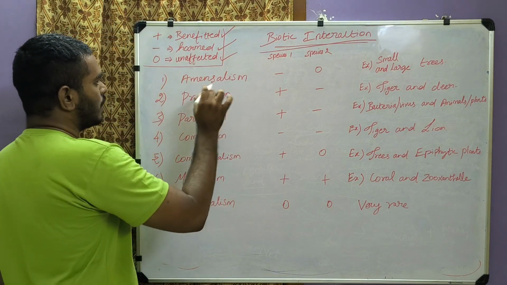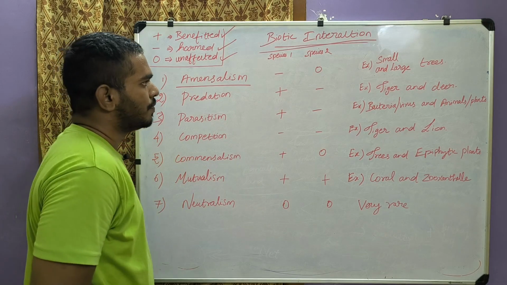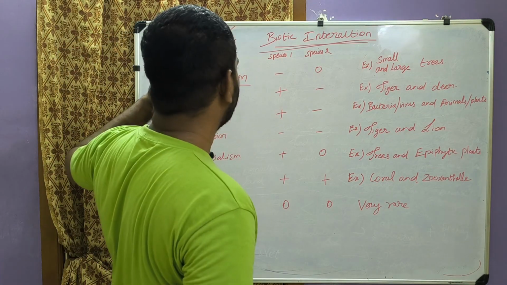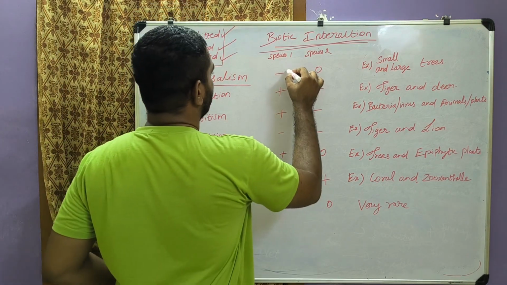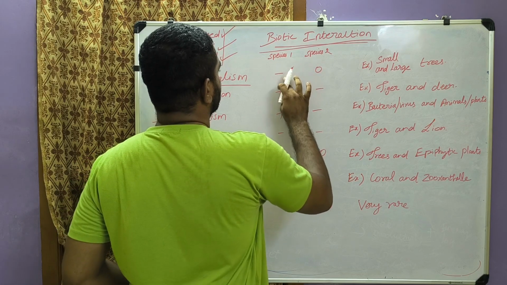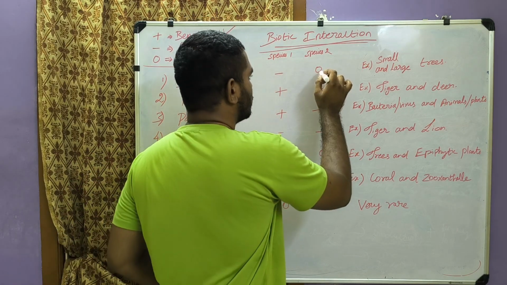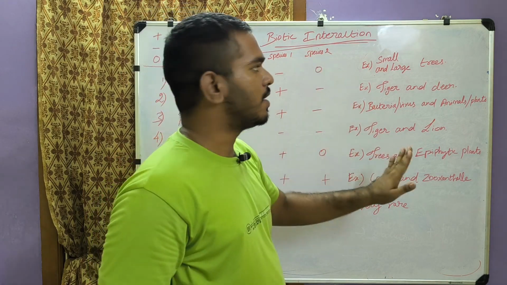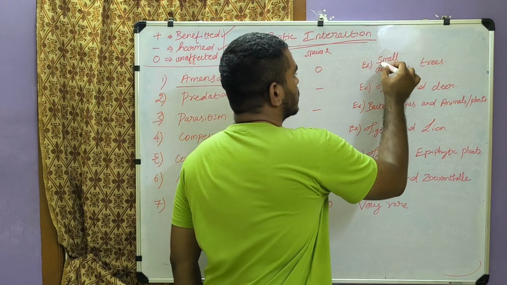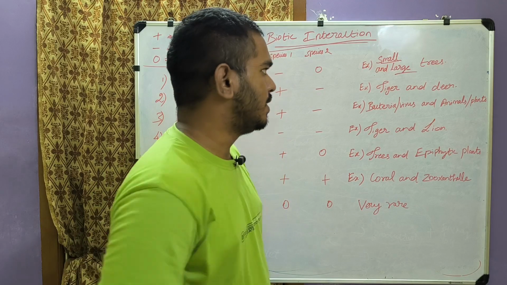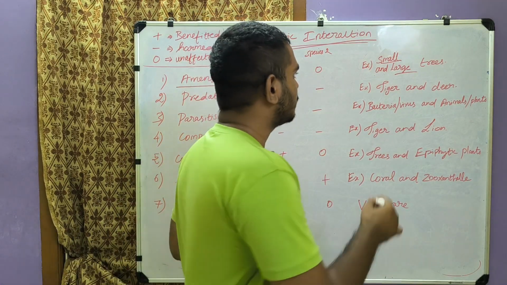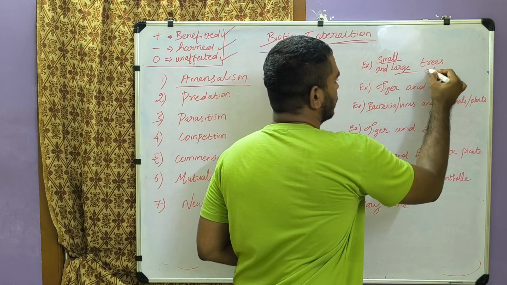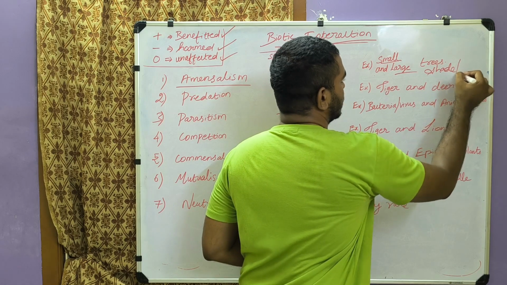First we see amensalism. Amensalism is where one species will get harmed and the other species will get unaffected. Take for example small and large trees. In a forest, the shade or shadow of a large tree